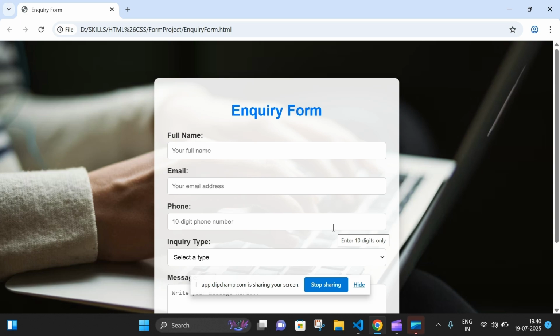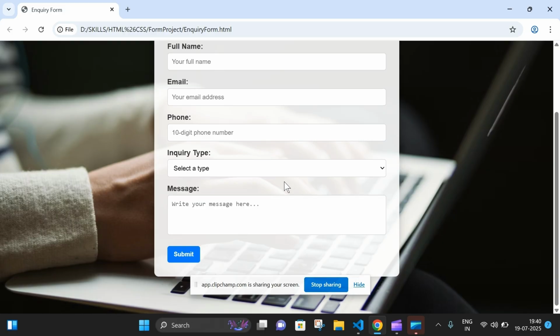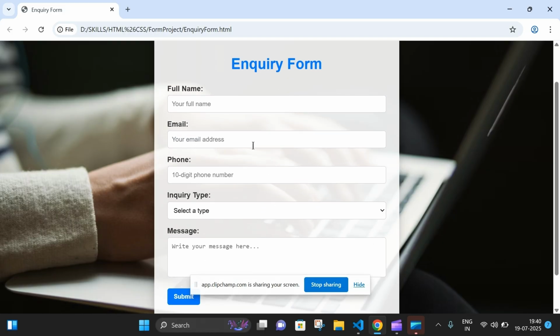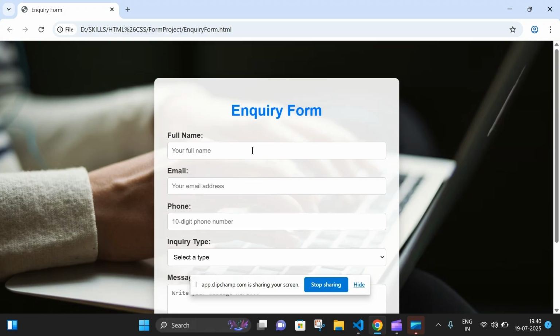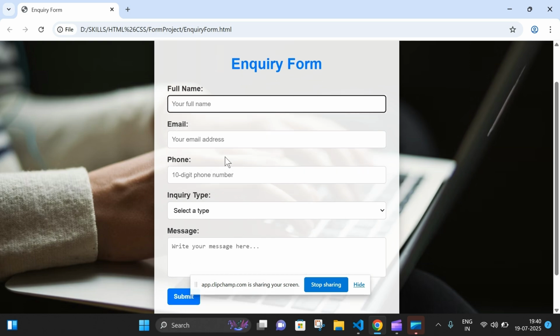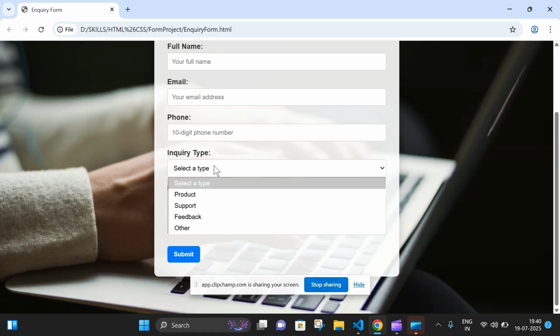So today we are going to build a clean and elegant enquiry form using just HTML and CSS. Okay, so what we are going to do today is make a full screen background image. You can see that, to give a modern look, we are using a transparent white box over it to make the form pop like this, and we have input fields for name, email, phone number, and you can also